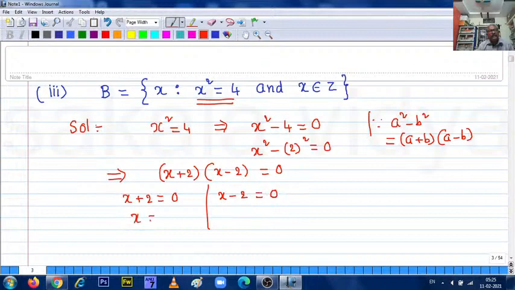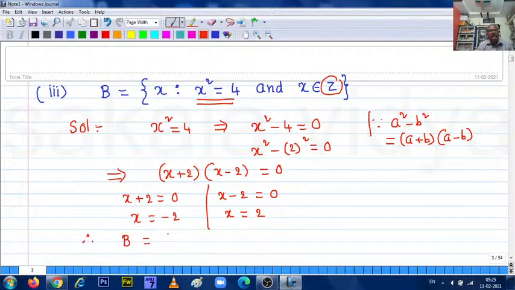So x equals minus 2 and x equals 2. You list out these two elements. Minus 2 is also an integer, and 2 is also an integer. It is a negative integer and a positive integer. So we need x to be an integer itself. Using these conditions, we need to write